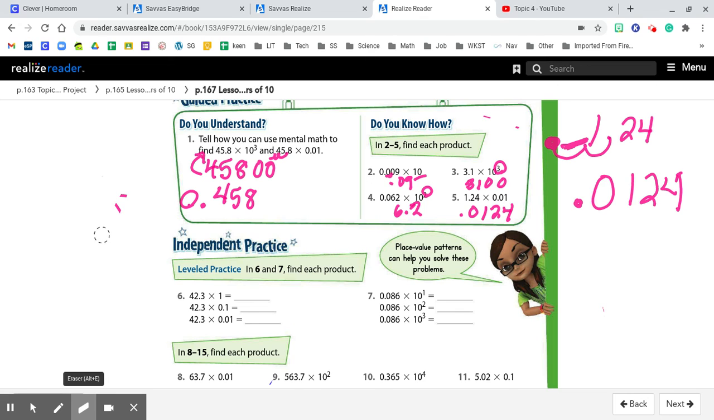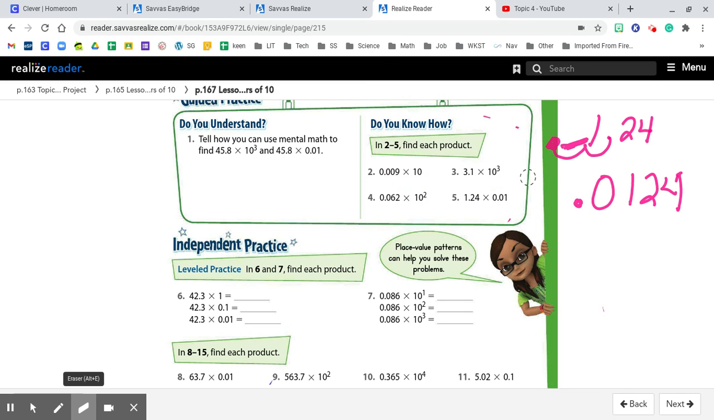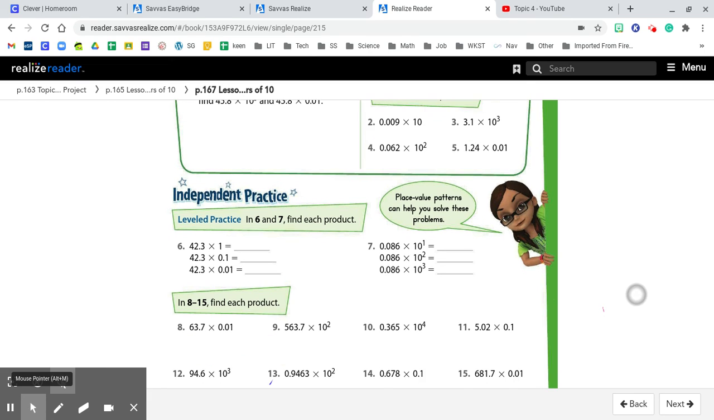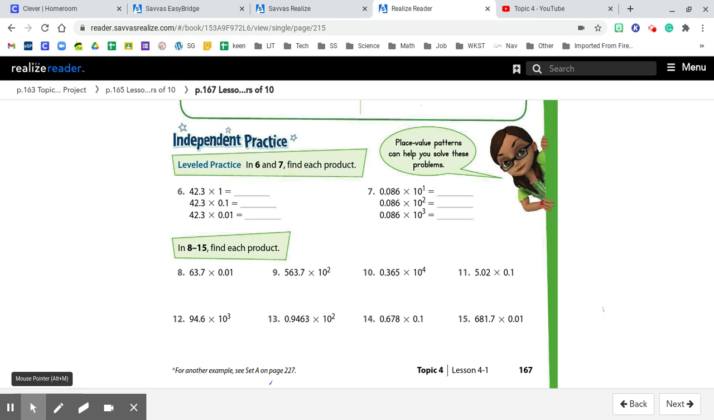So off we are down to the bottom in independent practice. I just want to jump ahead. I know you can do this on your own. You can go in Buddy Work and do this if you want, or the interactive book, or you can use your regular textbook, whatever works best for you. Make sure you do the quick check. But let me just jump down to number 8